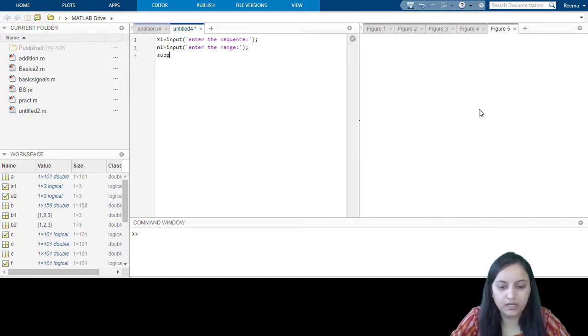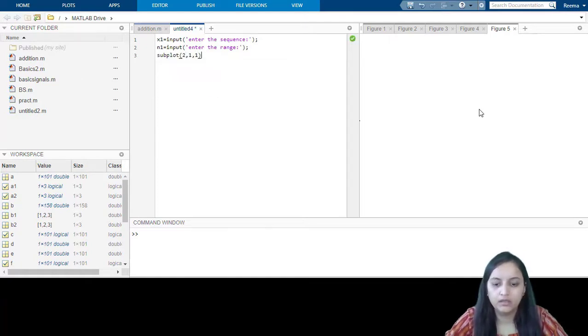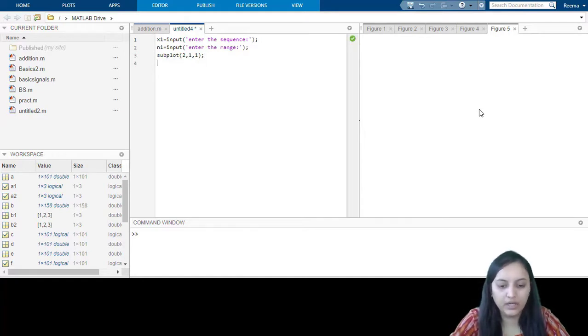Now we need to give the subplot function, that is subplot(2,1,1). Next we need to give the title. So the title we will give as given sequence. That means here first we are plotting the first sequence, that is the given sequence.